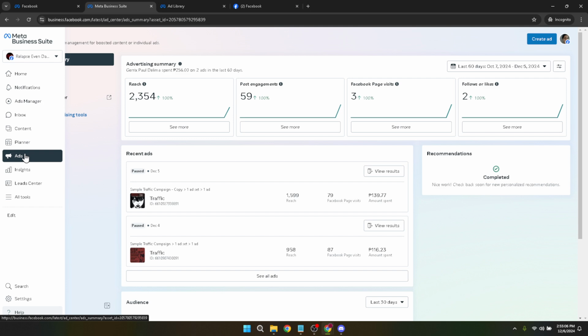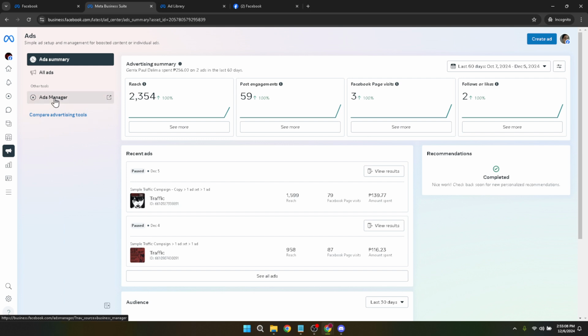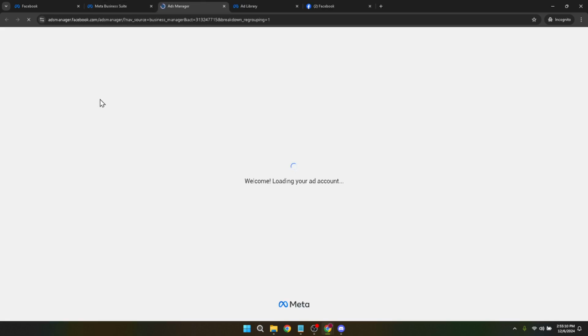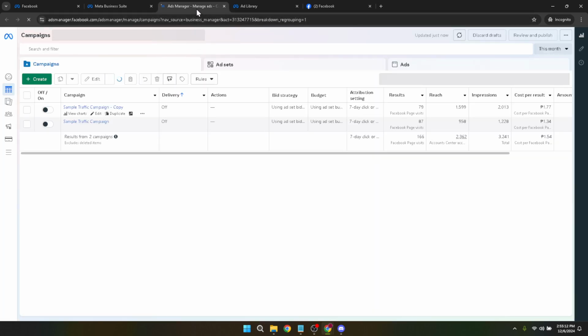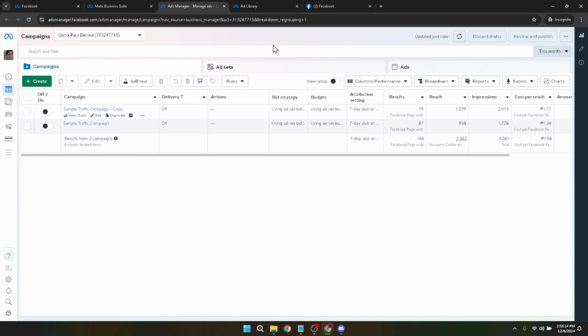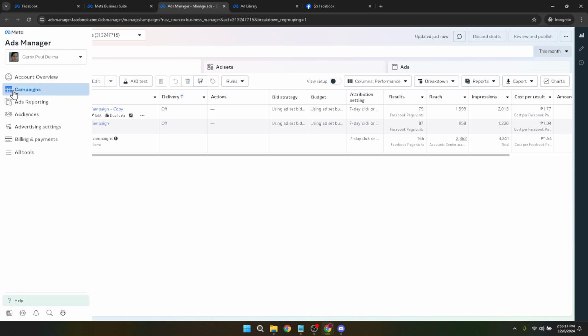This is essentially the hub where you'll find all your active, paused, or completed campaigns. It's a great tool that offers a comprehensive overview of your ads performance, but today we're focused on how to halt these activities. Now it's time to go to Campaigns. This can be done by either navigating through the menu or following the direct link if you're watching this video online and have access to the clickable resources.